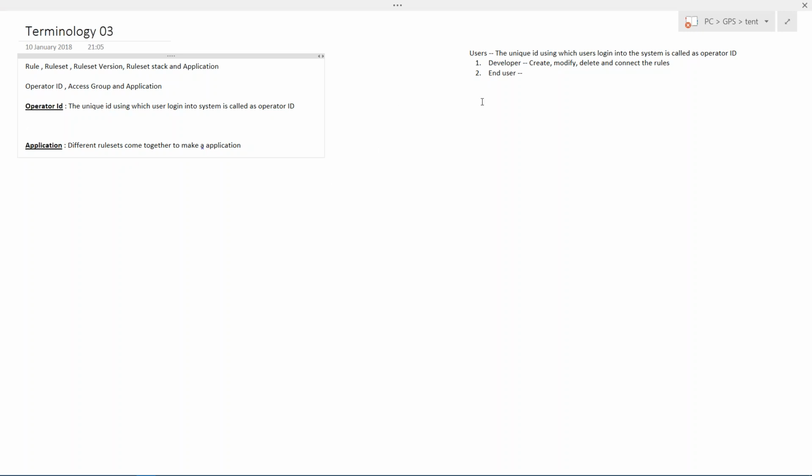The view that a developer logs into to create all these rules is called Designer Studio. What is Designer Studio? Designer Studio is the place where the developer will be creating the rules, doing all developer-related actions, that means create, modify, delete, and all those things.